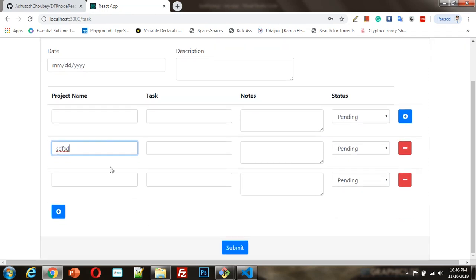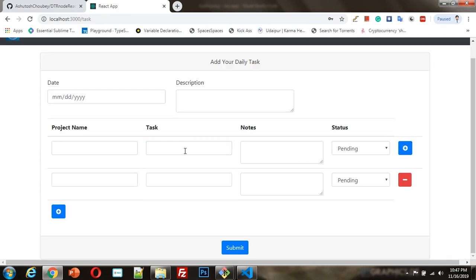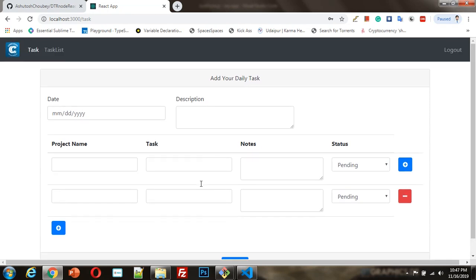Okay. So basically, what I felt during the development of this functionality is why I'm explaining this to you, because sometimes it might happen that you are deleting this row only, but actually only the last row will be removed. Okay. So dynamically these form fields are generated. How does it work in React? Let's discuss it.